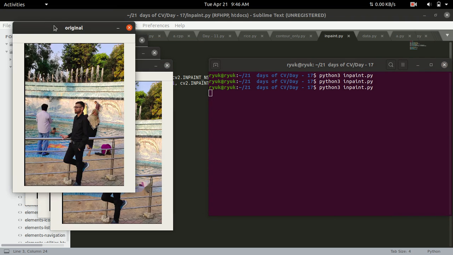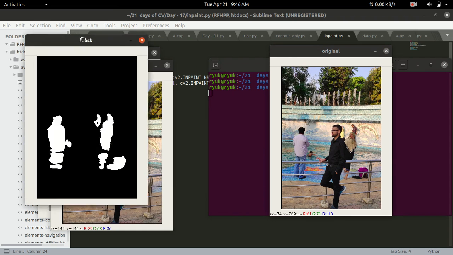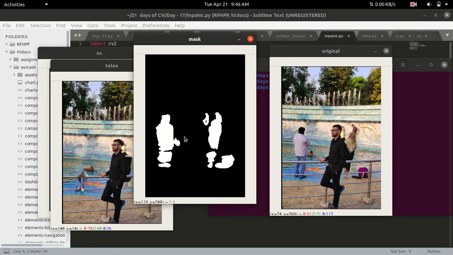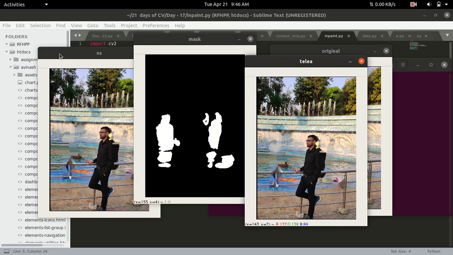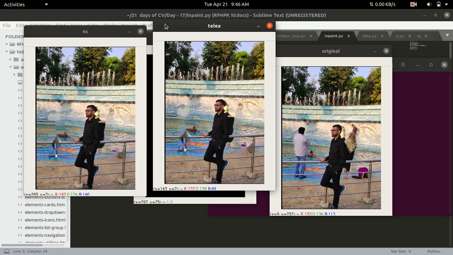Okay, so this is a nice picture of mine, but these guys in the background are ruining it, so I want to remove them. I have created a mask which contains the information that needs to be removed from the original image. After that I have fed both images to the cv2.inpaint method again, and I have got these results. As you can see, the results are not that good, but if you iterate over and over again, meaning you create the mask for this result and run this code again, you will get better results. These two algorithms are used for removing small objects, and this is not a small object,